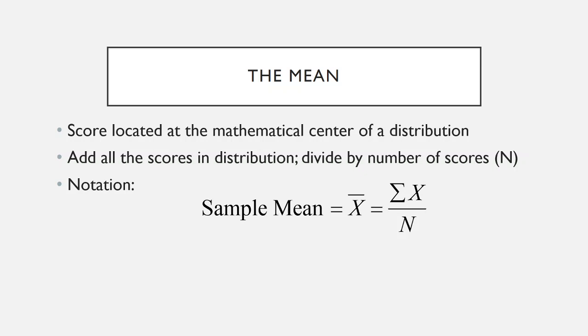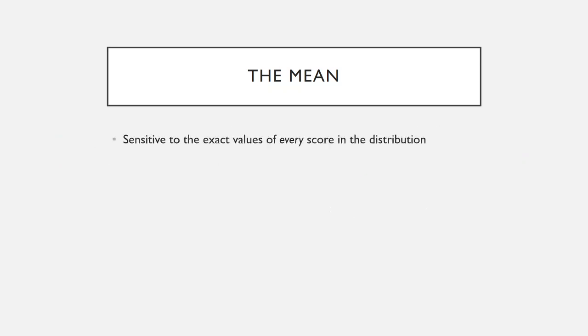Additionally, you see the mean notated with that x bar, as I've covered. So if you ever see x bar in an equation, that indicates that you are to take the mean of variable x. You could also see y bar if there's a y variable that you're currently looking at as well. If you ever see a variable notation with a bar over it, you are to take the mean of the variable currently defined as that variable notation. The notation for a population mean is that mu, and you're not going to see that terribly often because more often than not, we're going to be dealing with sample data and not population data.